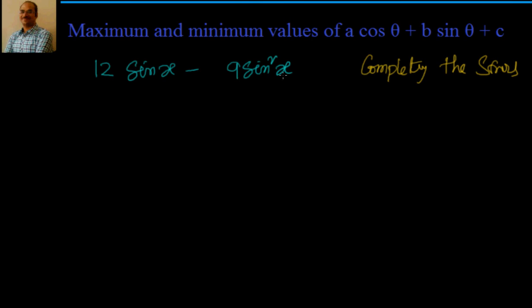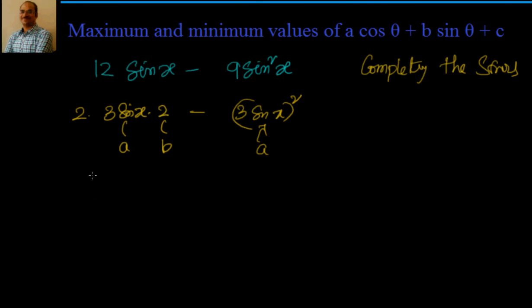So what will it look like? 12 sin x minus 9 sin square x. So can I say this is 3 sin x whole square? That means a equal to 3 sin x. Then what will be the 2ab term? 2 into a, something. A is nothing but 3 sin x, that is 6 sin x, into 2. That means my b is equal to 2 and a equal to 3 sin x. Now I have 2ab and I have minus b square. But what form do I want to have? I want to have either a square minus 2ab plus b square, or a square plus 2ab minus b square, or any one of these